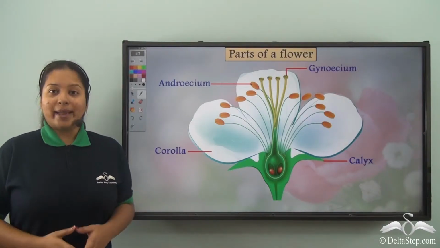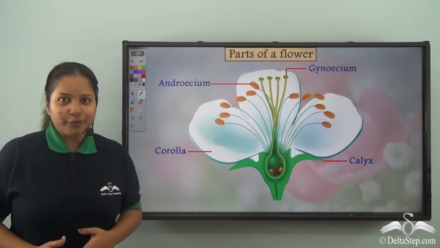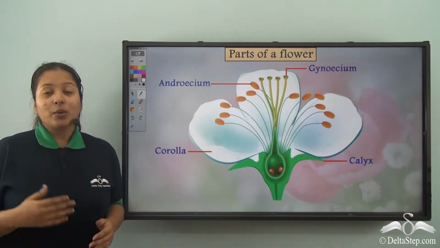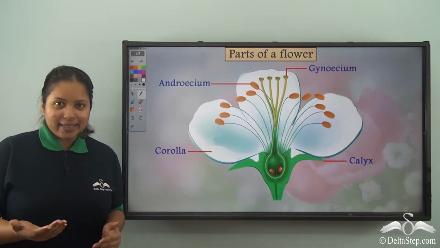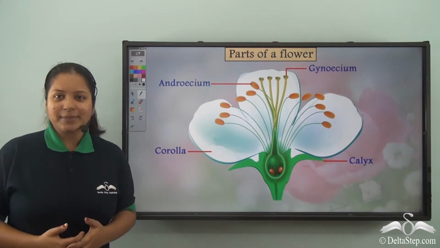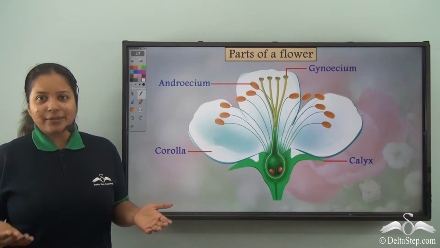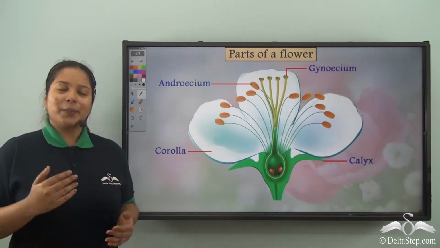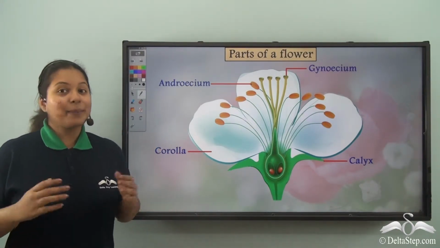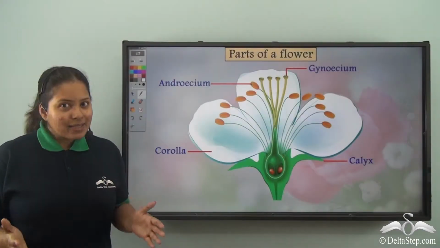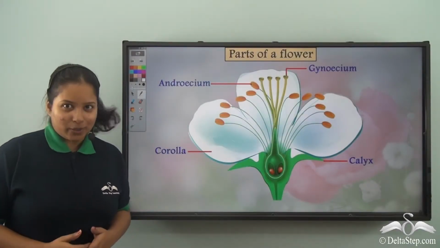Hello kid. Well, if I tell you to draw your face, what would you draw? Well, you would draw your eyes, nose, mouth, cheeks, right? But what about a beautiful flower? It doesn't have eyes and nose like you, but it has got some great parts as well. So let's learn the parts and how to draw them.